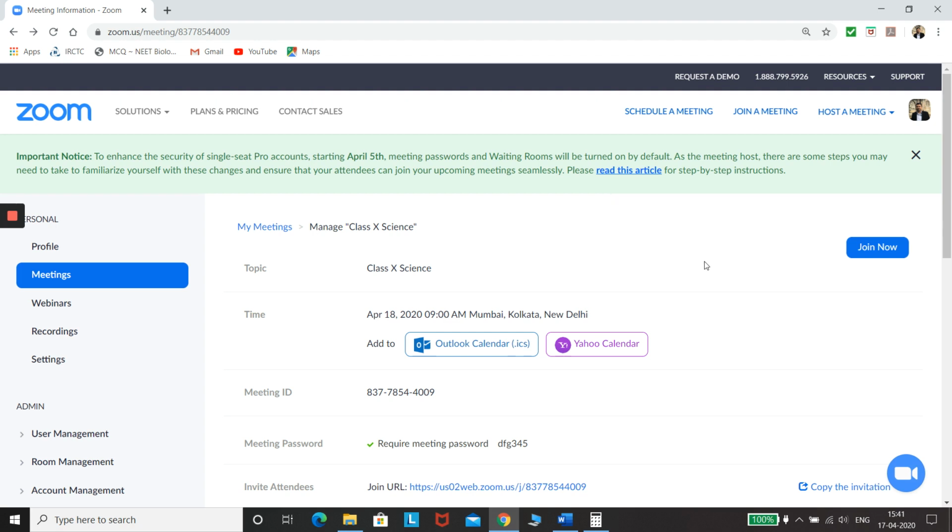As soon as you open the Zoom account, normally there are some messages popping up here which tell you certain things about the new security features in Zoom. After all the news in the media regarding Zoom security concerns, Zoom has made certain changes in its security features. You can always go through that information and get the details.